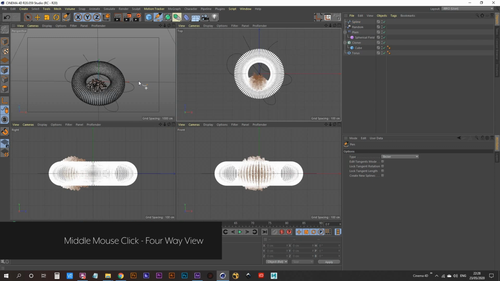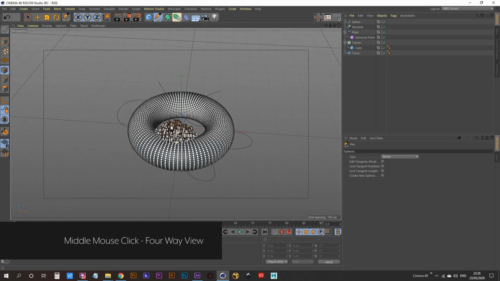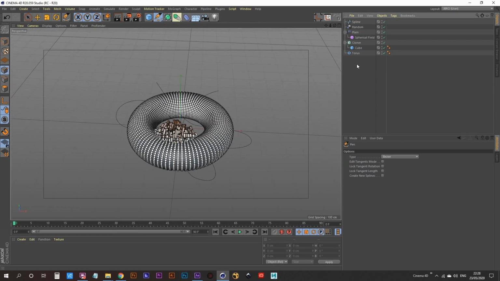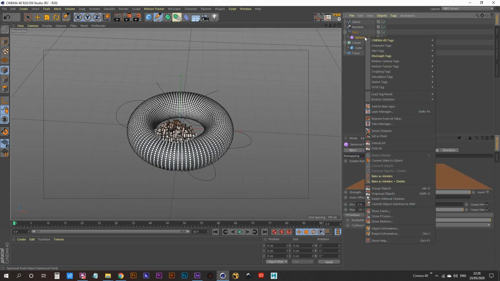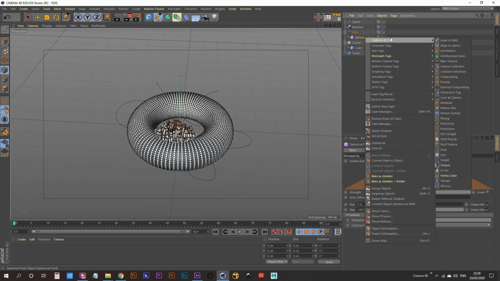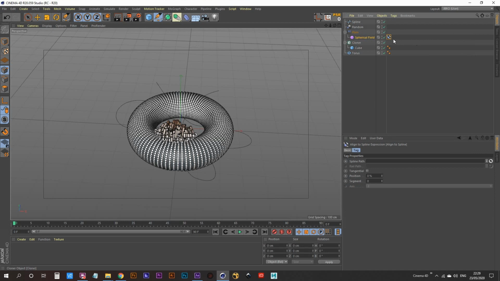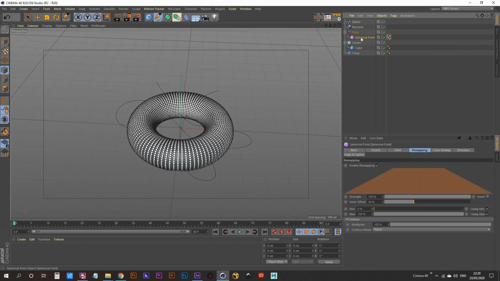So now if we jump back into our perspective view, we have our spline. We need to animate our spherical field along it, so we're going to use an align to spline tag. Right click on your spherical field and go to Cinema 4D tags, align to spline. Now we can drag the spline that we just created down to the spline path field. And now if we select our spherical field and make sure that model mode is selected so that we'll be able to see it,